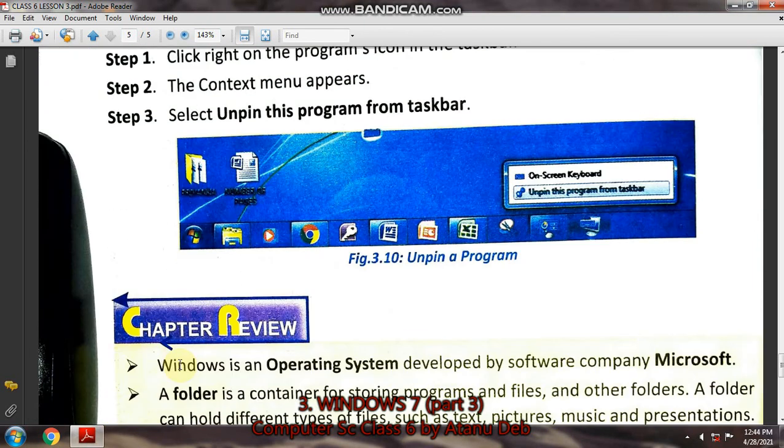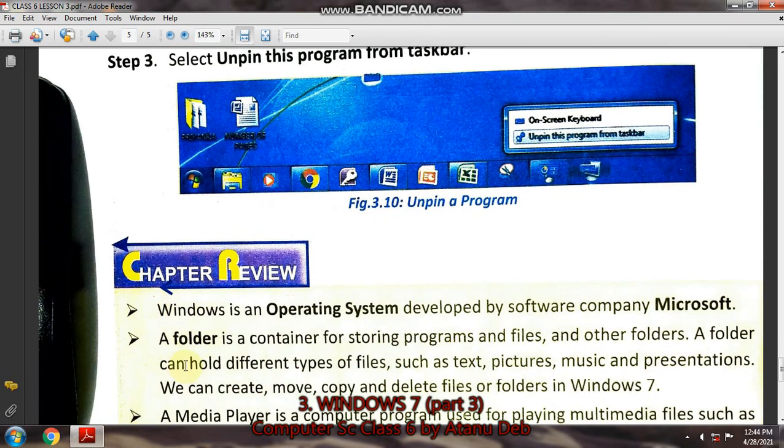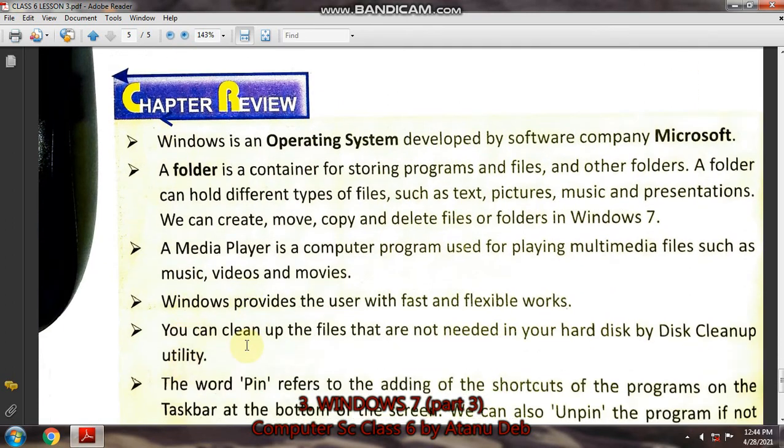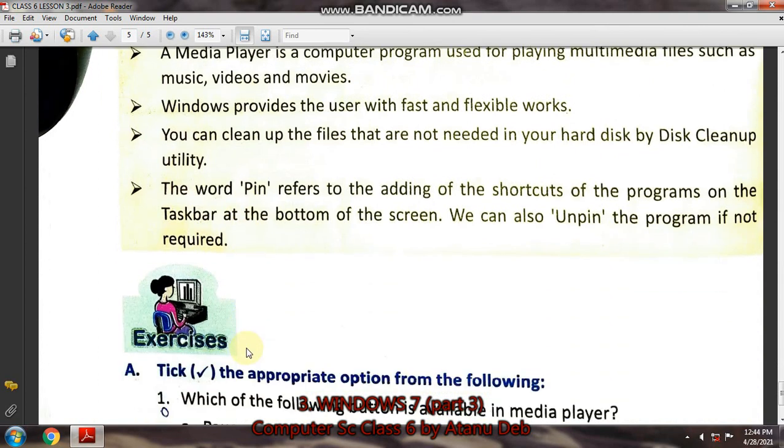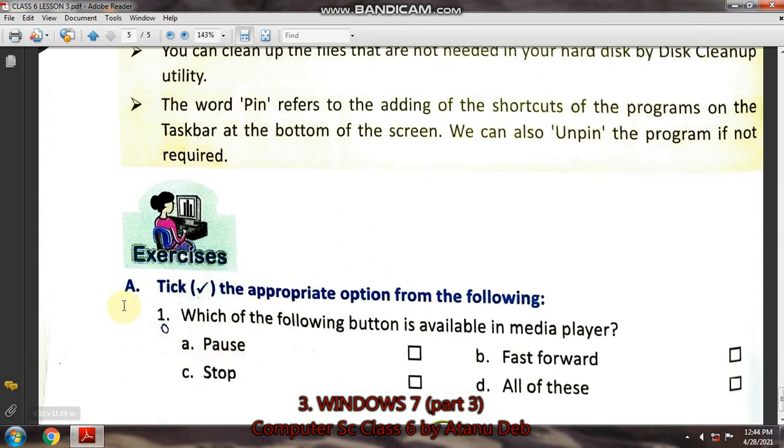Okay, so that completes this lesson explanation. These are the important points. Go through the important points, and the next is the exercise. So I gave it as homework to do questions A, B, and C, as well as questions F and G. So tick mark, true and false, fill in the blanks, match the following, unscramble words, try to do on your own in the book. Write the answer in the book with a pencil.